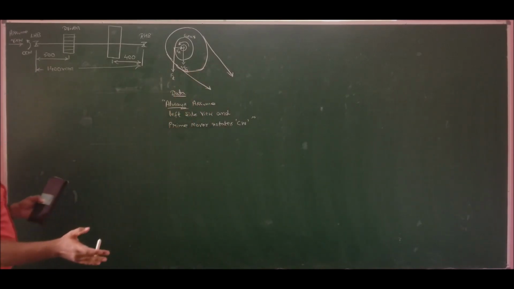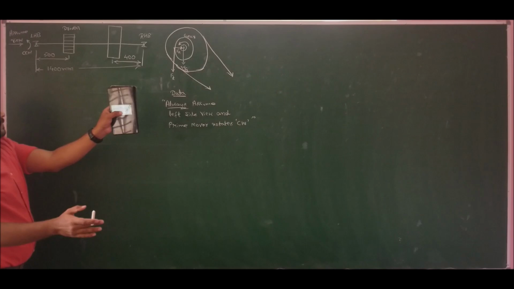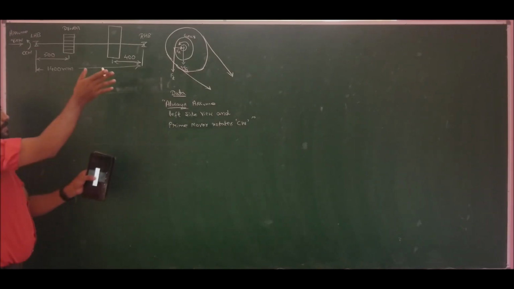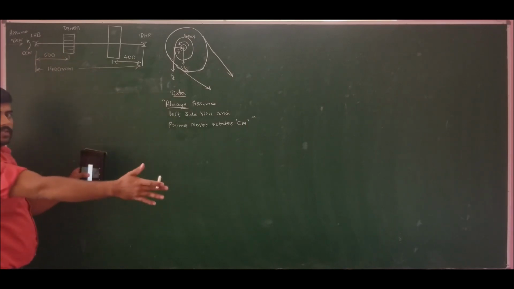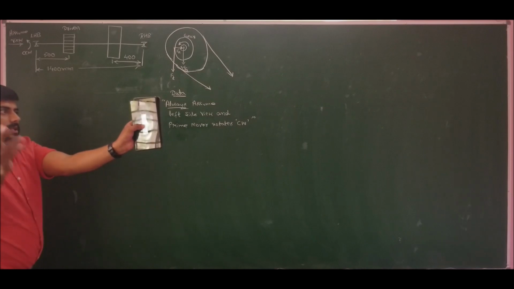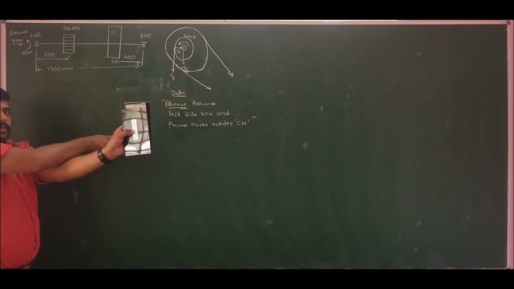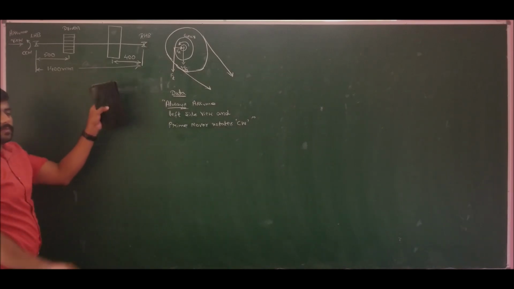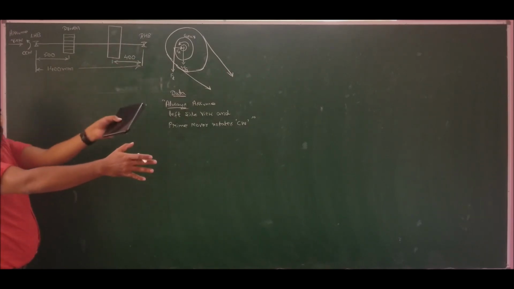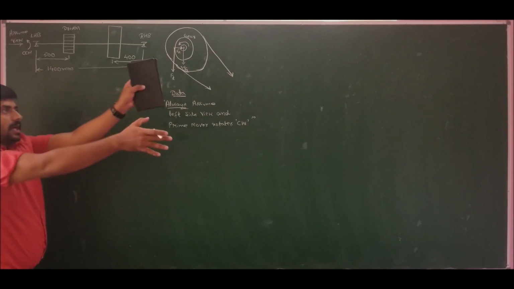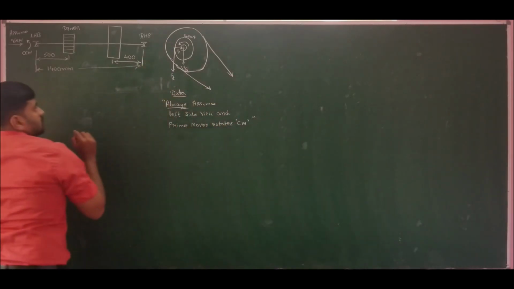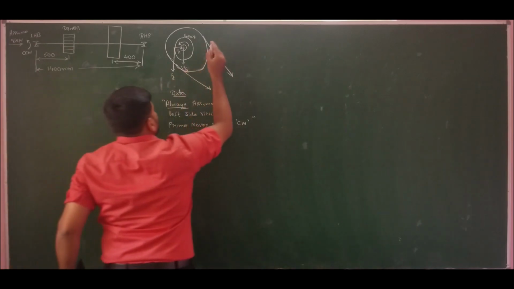So in front is viewed from the left side view like this. In front means between the shaft and the observer, this is in front. Away from the observer means the shaft will come in between the observer and the receiver. Since it is in front of the observer, we have the observer here and we have the shaft here. So it is in front at an angle of 45 degrees. So I am taking the projection to the right profile plane and then I am rotating. So this is about the space diagram.